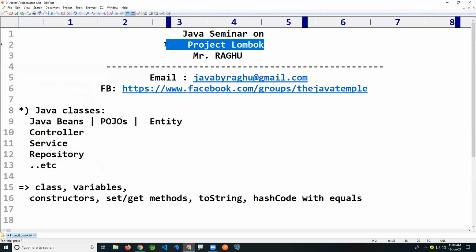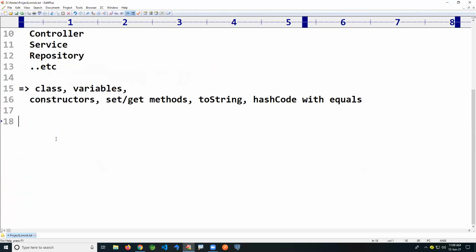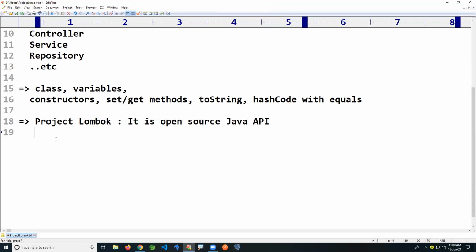In a few steps, what is Project Lombok? It is an open source Java API, and it generates code for